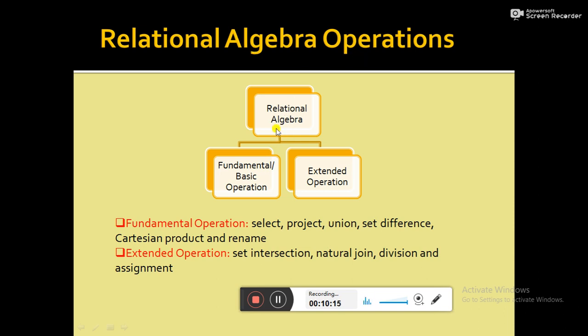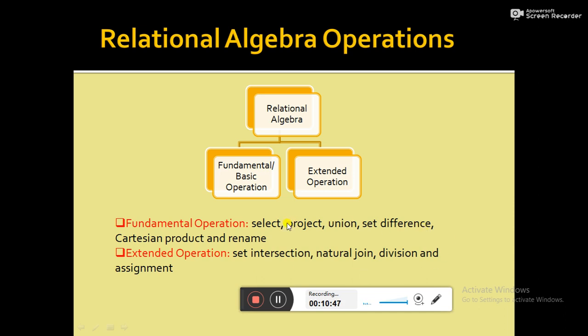Now, several relational algebra operations are there, but these operations are broadly classified into two categories. One is the fundamental operation, the basic operation, and the other one is the extended operation. Select, project, union, set difference, Cartesian product, and rename belong to the fundamental operations, whereas set intersection, natural join, division, and assignment belong to the extended operation.